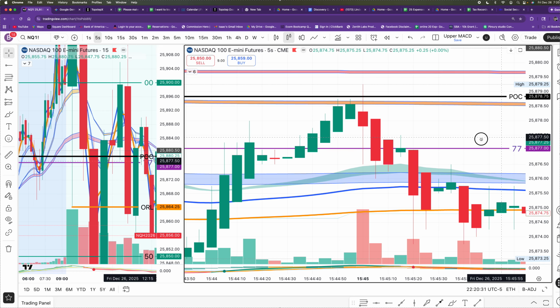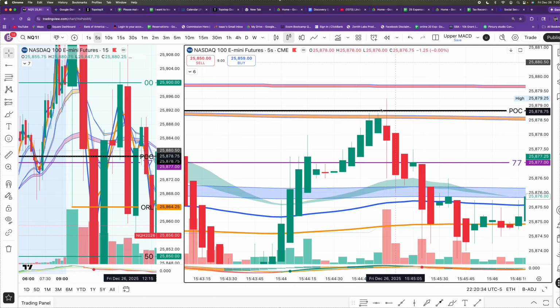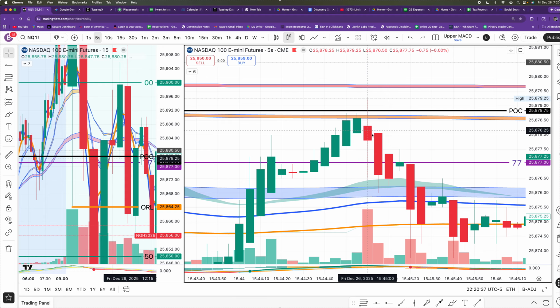So what I do is when I see it's coming up to the point of control, as well as a couple other areas, I'll start putting in phantom stop sell orders. What I mean by that is when I right click on my trading dome and try to enter a sell order, a stop sell order, it won't place the order until price is above that level. Okay, it'll just reject the order because you can't do a stop sell when your order is above the market. Okay, you can only place a stop sell order when your order is below the market, as opposed to a